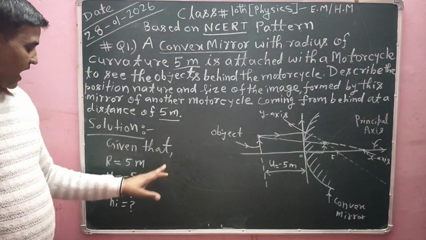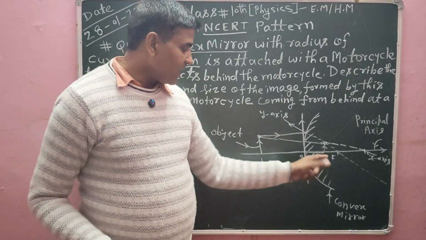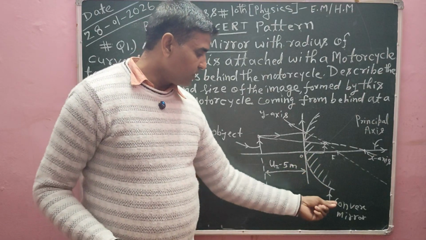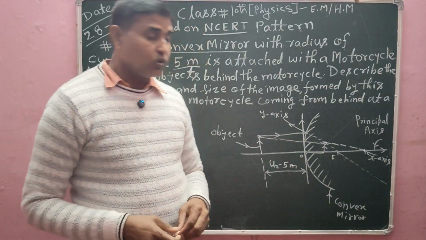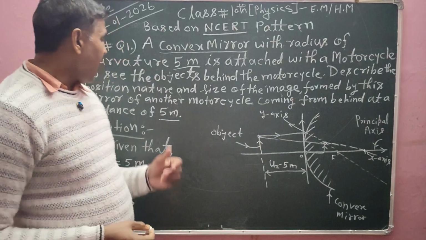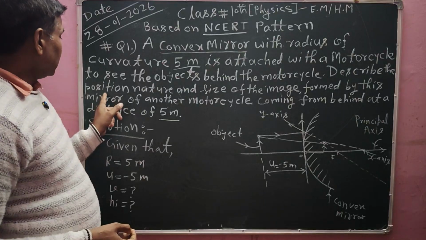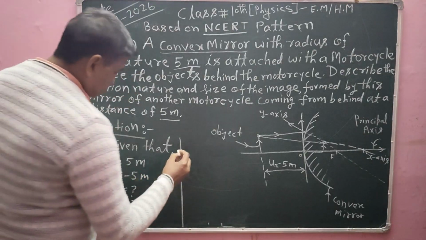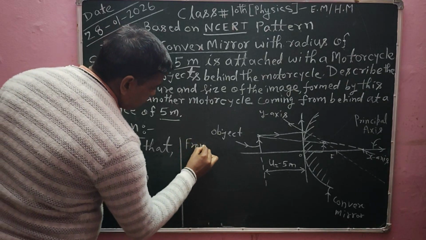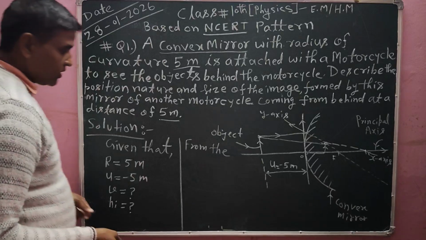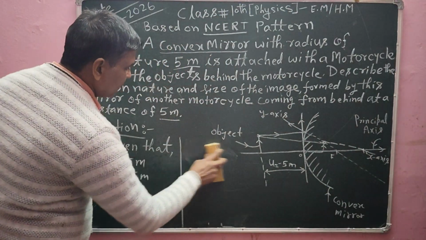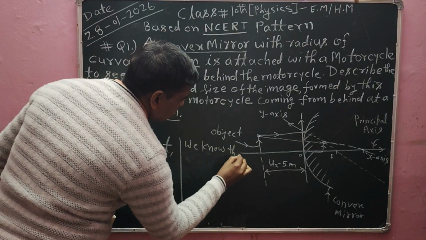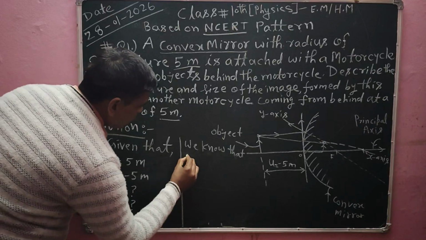Okay, so all this information I will calculate with the help of a formula, and then I will explain with the diagram what is the distance of the image from the center of the convex mirror and what is the size of the image. After calculating, I will describe the position, nature, and size. Okay, so after writing it we have to use the mirror formula. We know that from the mirror formula,